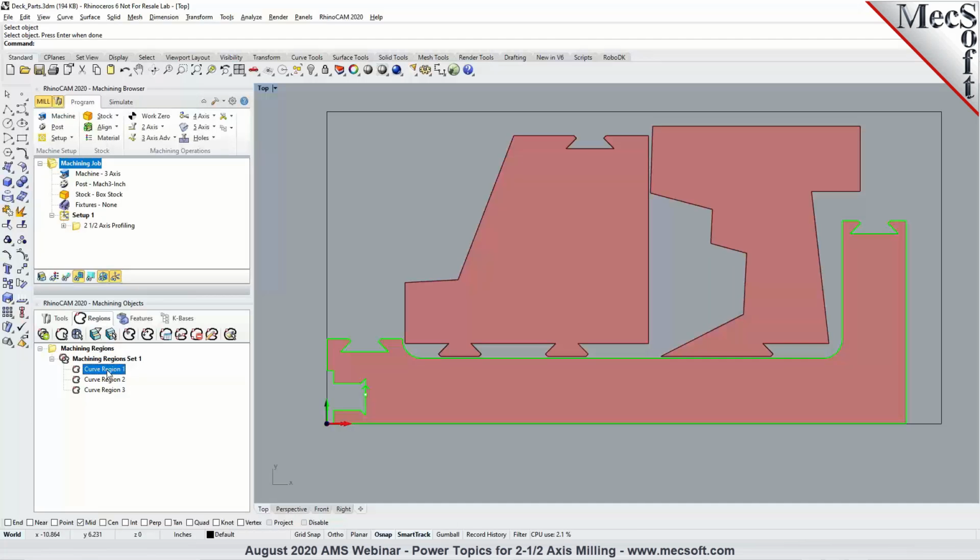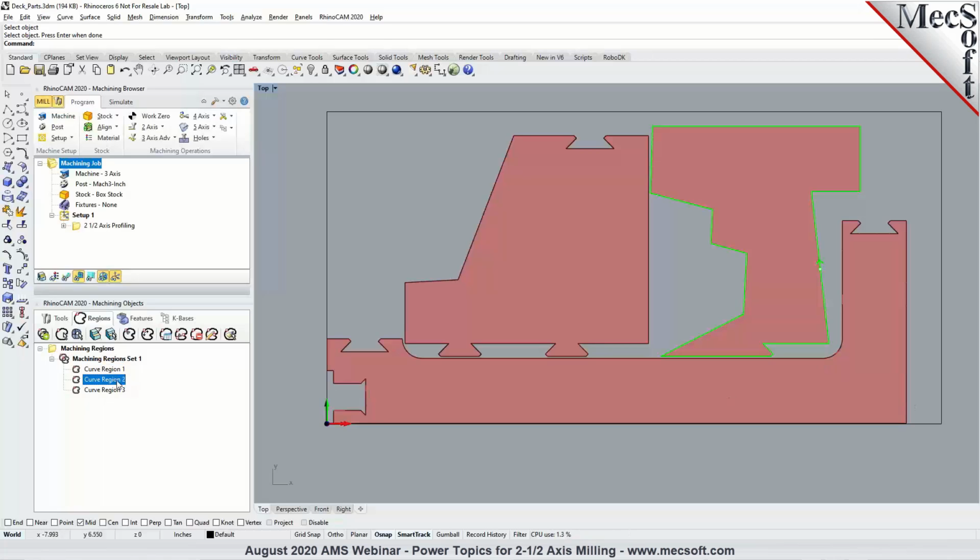Now the bridge points can be done in a couple of ways. We could use automatic bridge points and set the number of bridge points in here. I'm going to set it to 4 and pick OK, and you'll notice that 4 bridge points are being inserted. And you could repeat the same for each of these predefined regions, or you also have an option to specify